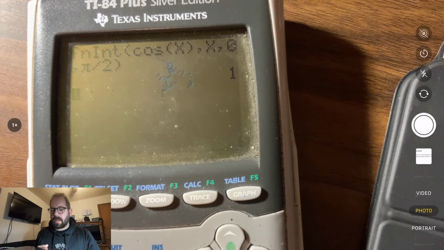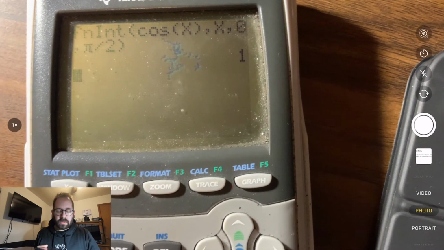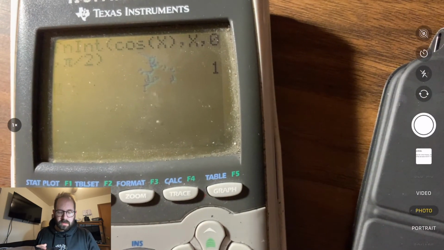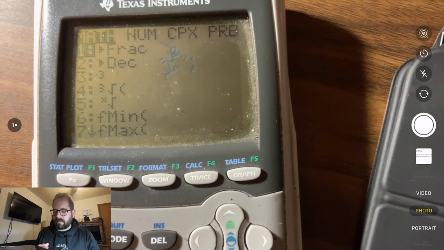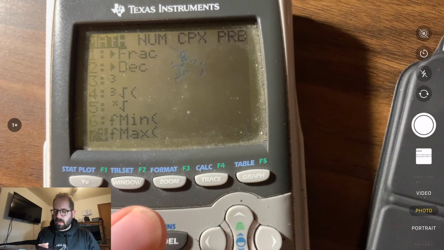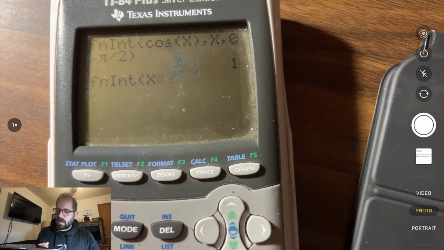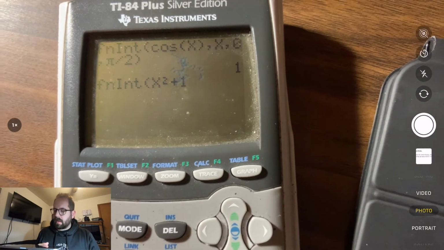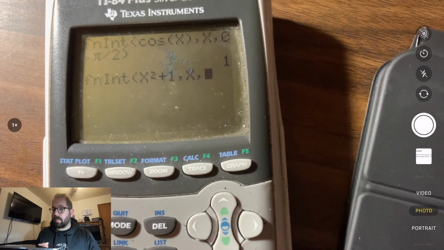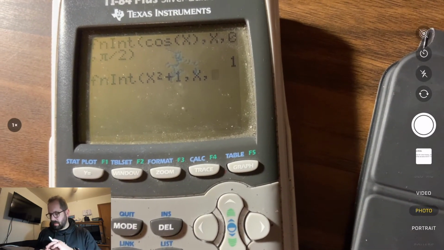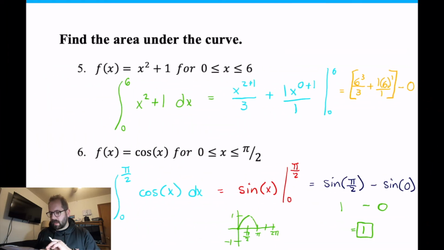So it can do any function. Now if we did the last one, for example, let's type that in. So let's see, math button. Let's go down to that function integration. We had x squared, x to the power of 2 plus 1. We hit the comma button. We type in my variable. We hit the comma. We type in my lower boundary on that one, which I don't even remember what it was. What was that problem again? It was 0 to 6. Okay, so